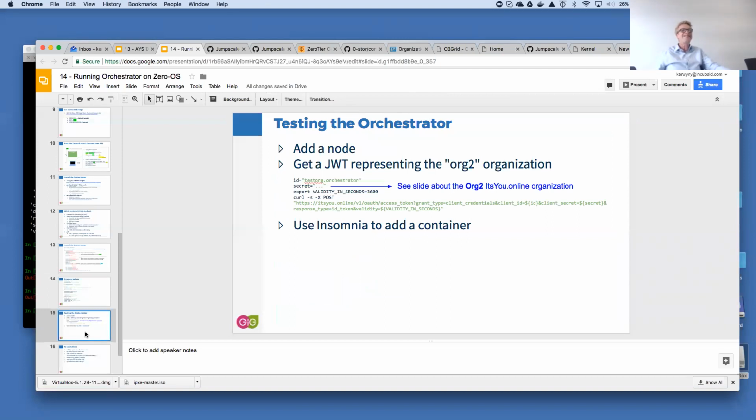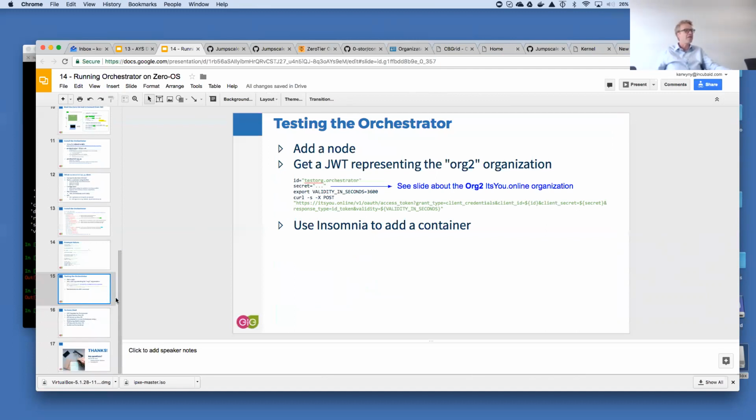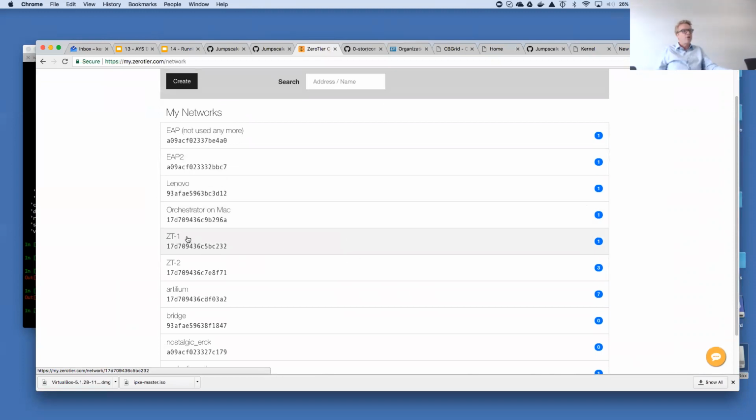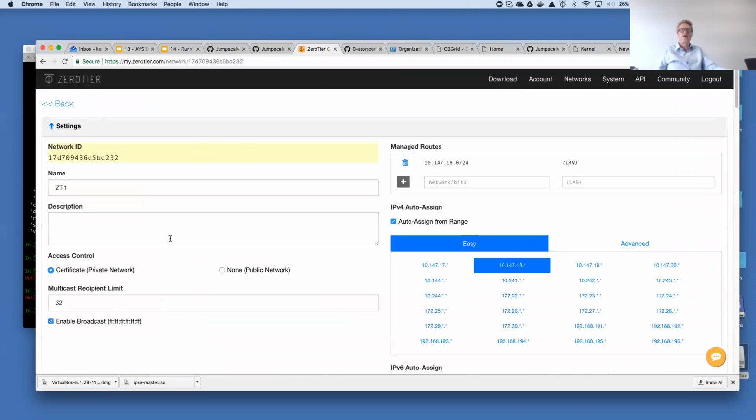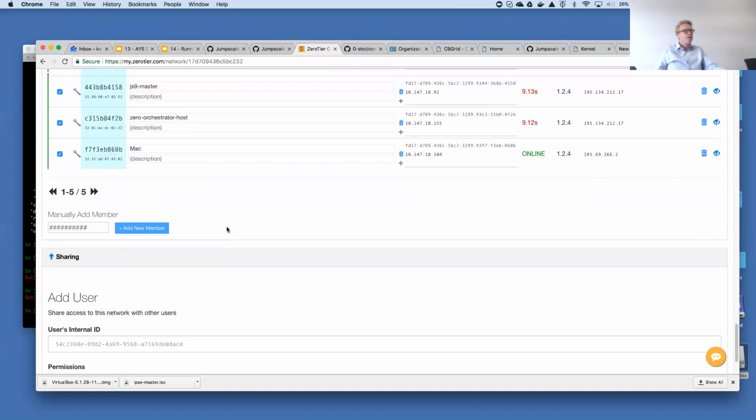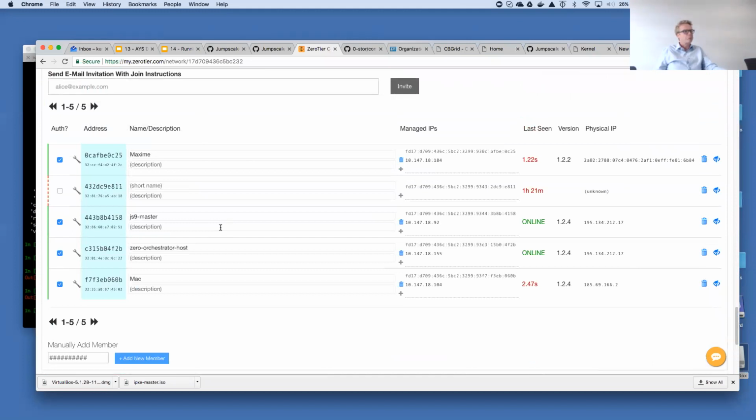Now, in order to test it, and we are almost there with the slides, you need to add a node, because everything is working, and let me show you what you get as a result. The first thing that you do in order to test whether it works, you go to networks, and you go, in my case, to ZeroTier network 1, because that's where I wanted to expose the REST API. You basically should see...